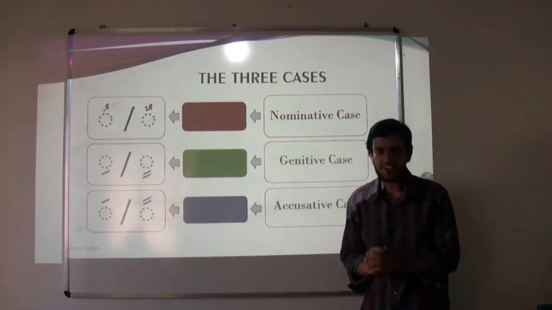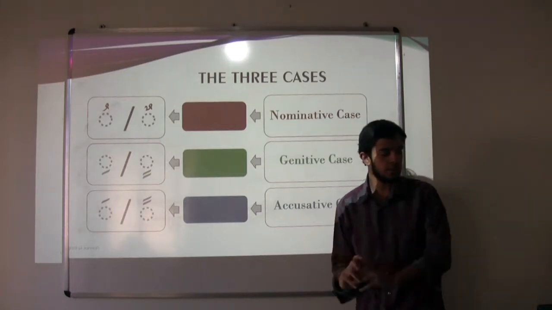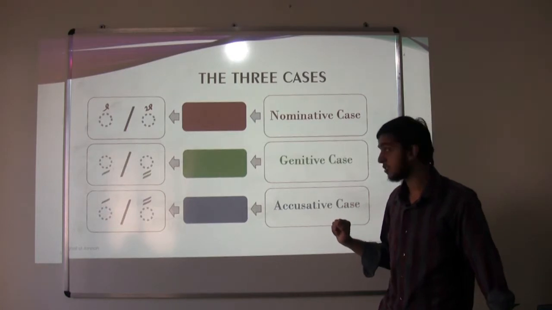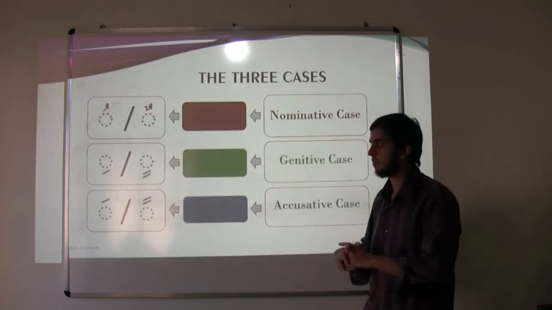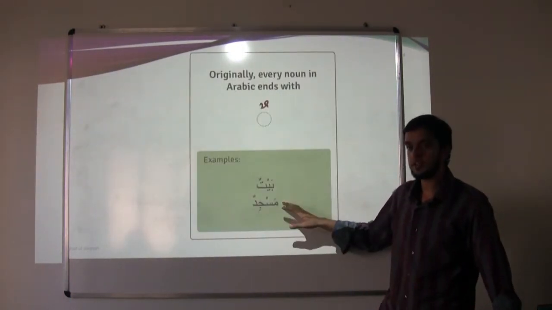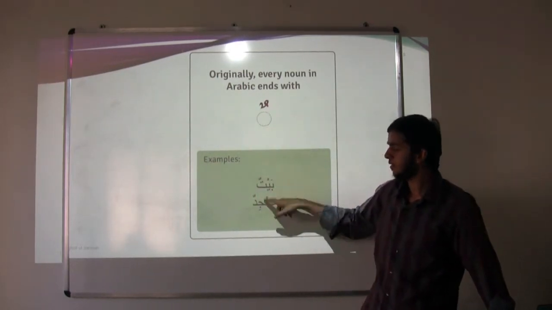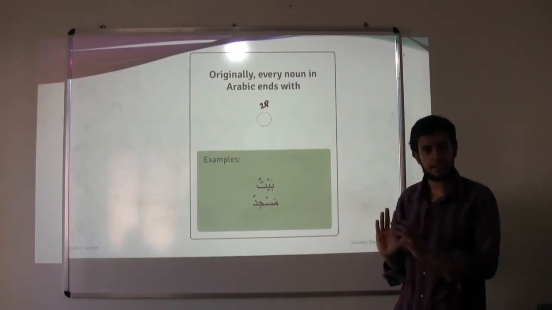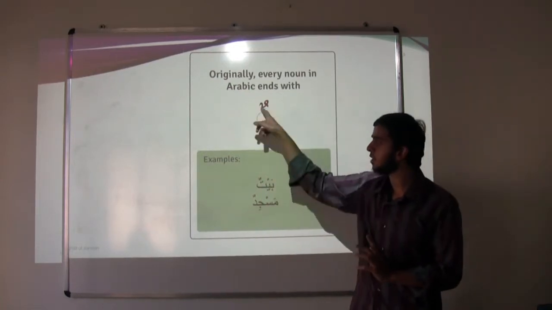Any doubts here? So now we'll again quickly go through all the rules that we've learned so far, starting from the first lesson onwards. And here you need to really observe the colors, only the two colors. Now this is the first rule we learned. Originally ends with a double dhamma. Any doubts here? No doubts. So originally it is ending with a double dhamma.